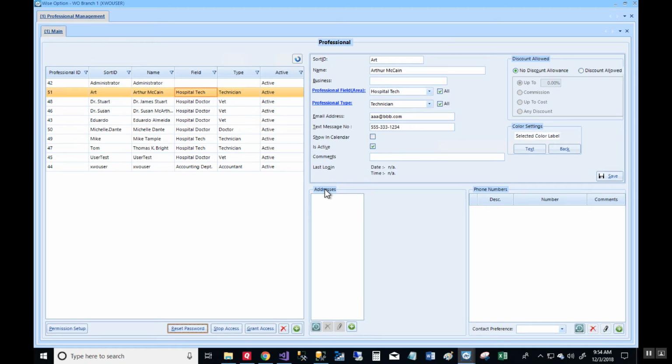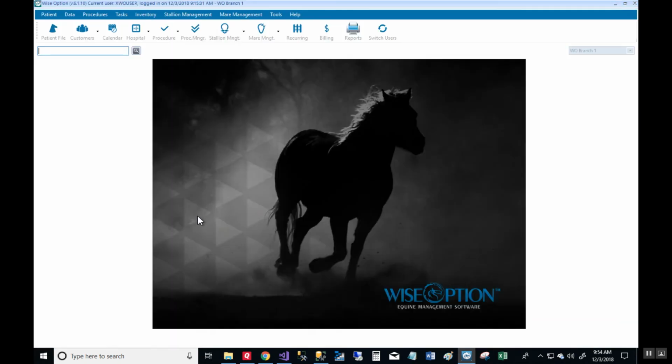Once we have that done, the next step is going to be to switch users, log in with that username and password, and as soon as you log in with that user, click on this button here to switch users. Use that username and password so you make sure that the new user can log in,